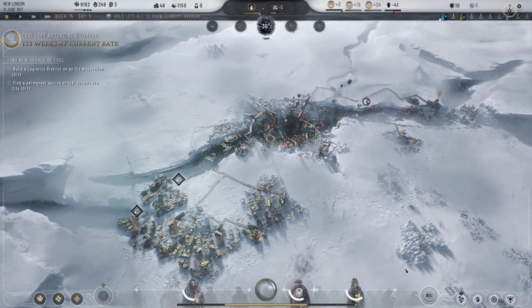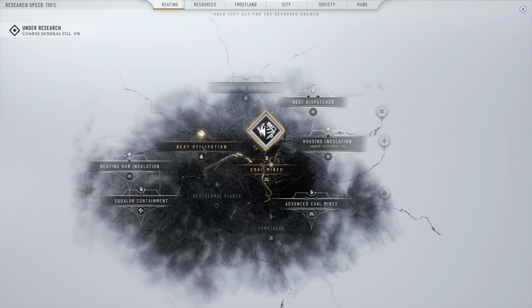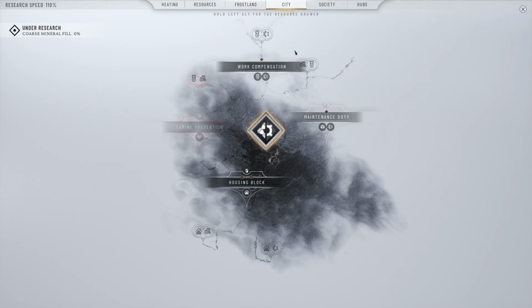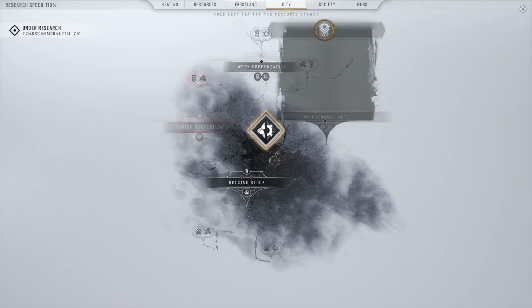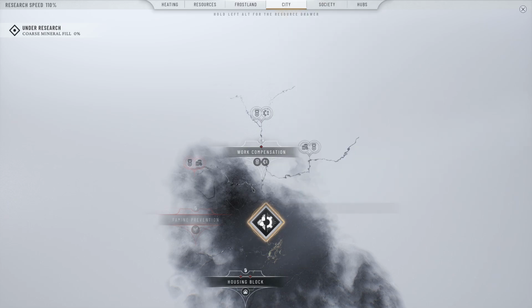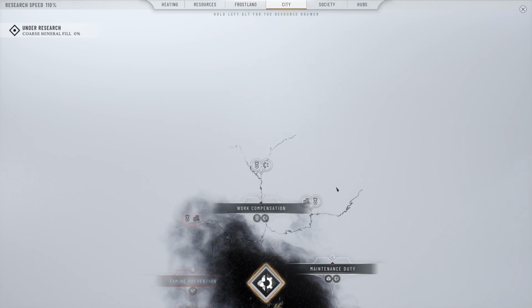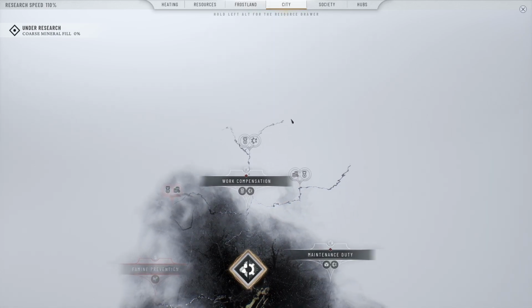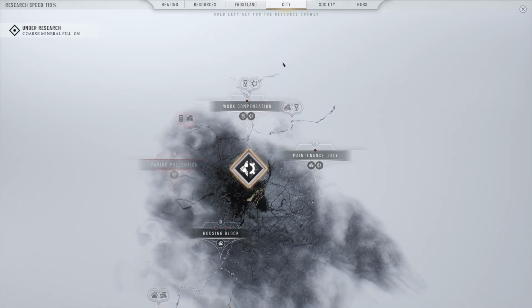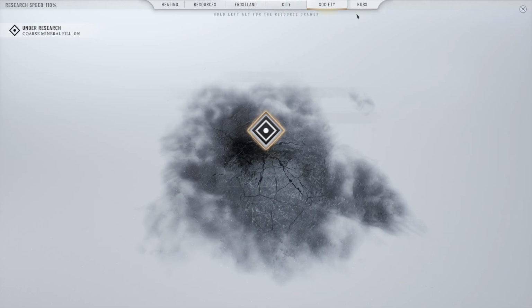We have also done a couple of research, in particular in the heating space. We've done heat utilization and coal mine. Now we are doing housing insulation. And then I think we'll definitely do a couple in the city, because look at this. We have, for example, maintenance duty. This is just going to improve my efficiency and reduce my material demand. That seems great. Or work compensation. This is just going to increase my efficiency. So why not, right? There are some obviously that are a lot more divisive, but also in society hubs,